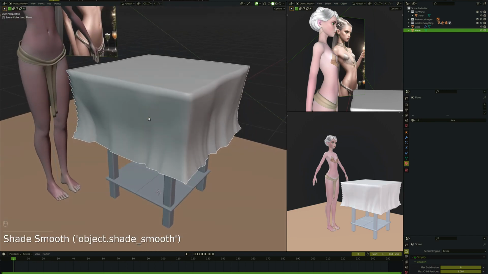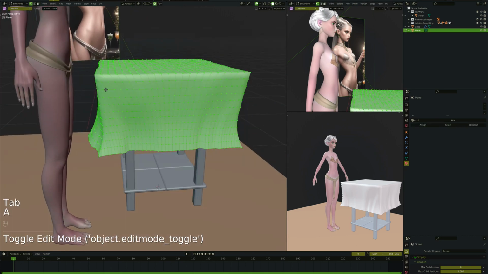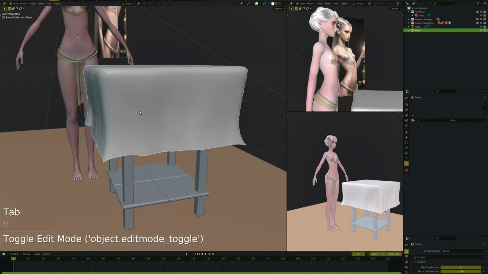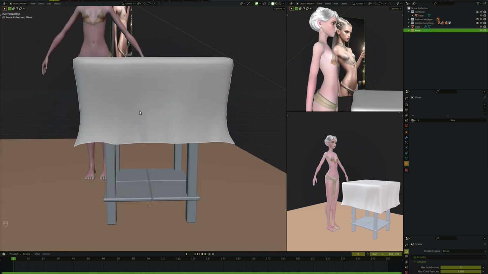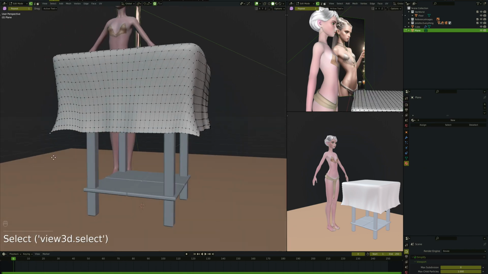Let's shade that smooth. It's a little bit jagged here. I suppose if I smooth that out like that, it'll reduce the jaggedness. The corners are sticking out in a strange way, so I suppose if I edit that and rotate this,